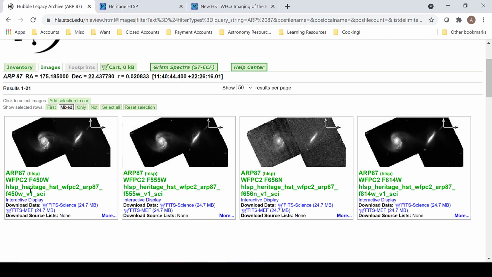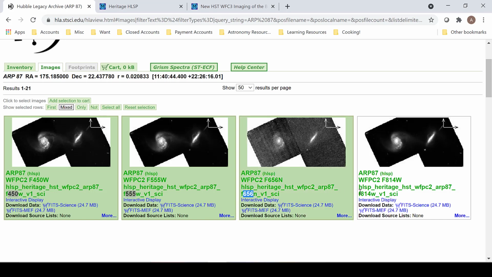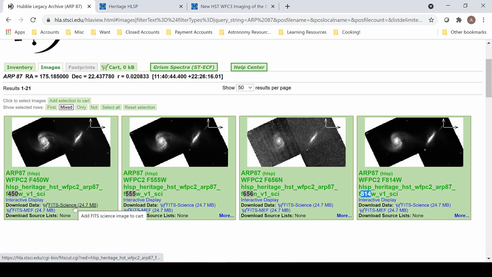These are Hubble heritage mosaics that were created, and the filters are 450, 555, 656, and 814. 450 will be used as blue, 555 as green, 656 will be a hydrogen alpha luminosity layer, and 814 will be red. Download them using the FITS Science link and convert them from a FITS file into a TIFF file